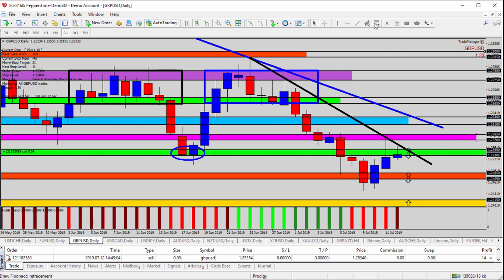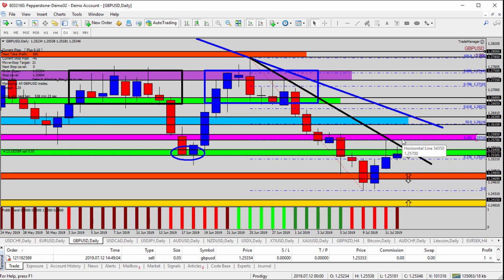Let's take Fibonacci just real quick, from the high of the black trend line down to our current low. Interesting here, the 236 is at 1.2520, just underneath the green zone. The 382 pink zone is 1.2570. We touched that yesterday. So the question is, will we make another rally, run towards that 382, break it and go higher? Or the touch yesterday down here into the green zone, will that be enough to send it back down